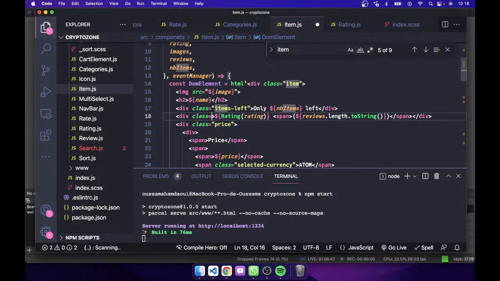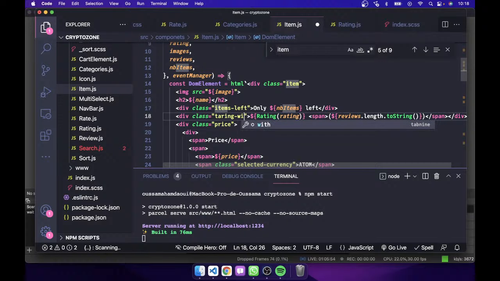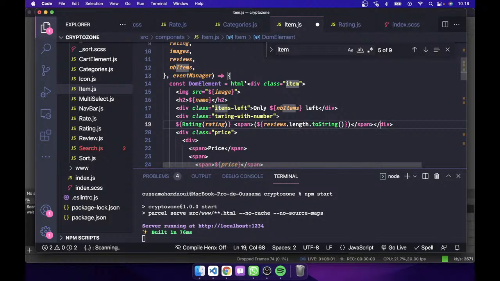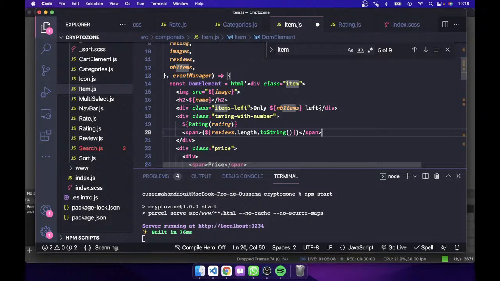Let's give this a class of rating with number, and then do this and make it a bit better. Yeah. Rating number,